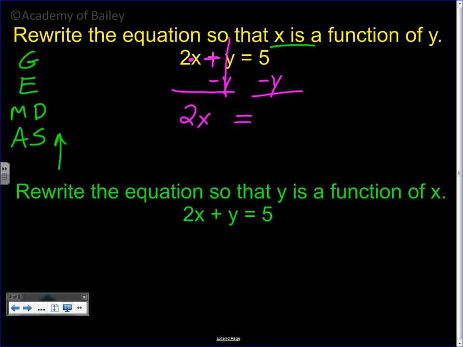Well, y has y with it, and 5 does not. So those are not like terms. So we are going to say 5 minus y. If you wanted the variable to go first, y was negative, so you could have said negative y, and 5 was positive. So negative y plus 5. Either one of those would be correct, as long as you pay particular attention to your signs. Okie dokie, so from here,